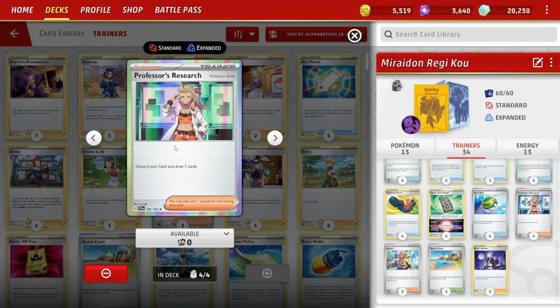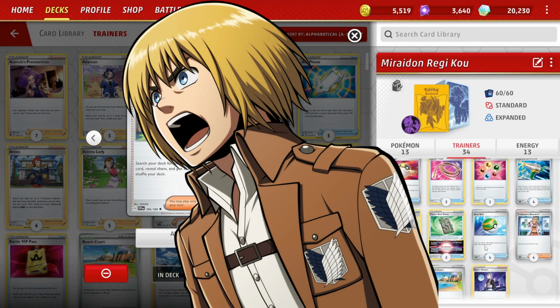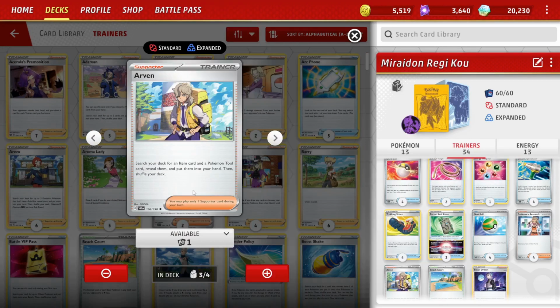Next up, we have Professor's Research. Going to be running 4. Just pitch your hand, draw 7. We have an Arven, excuse me, I said Armin. You can tell I've been watching Attack on Titan. You get to search your deck for an item card and a tool card, so you can grab